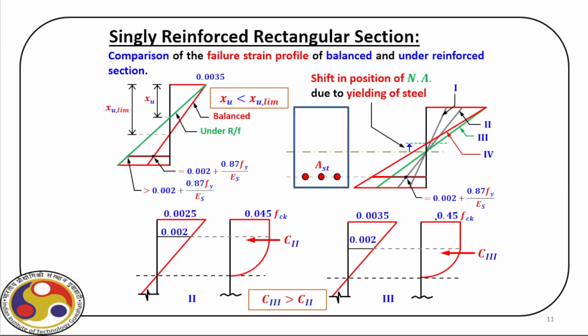Okay. Now, let us again see these are the different options you can have as you progress your strain level at a particular section. You start, say, from this initially, then as you increase the amount of stress and strain, ultimately it reaches this point at the compression fiber, which is 0.0035. And here obviously we have the corresponding strain level in steel, right? So this we have already seen.